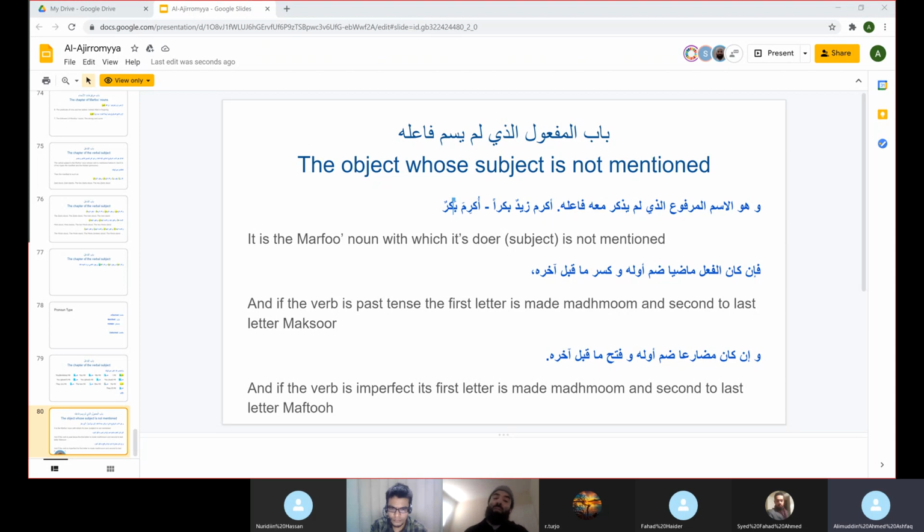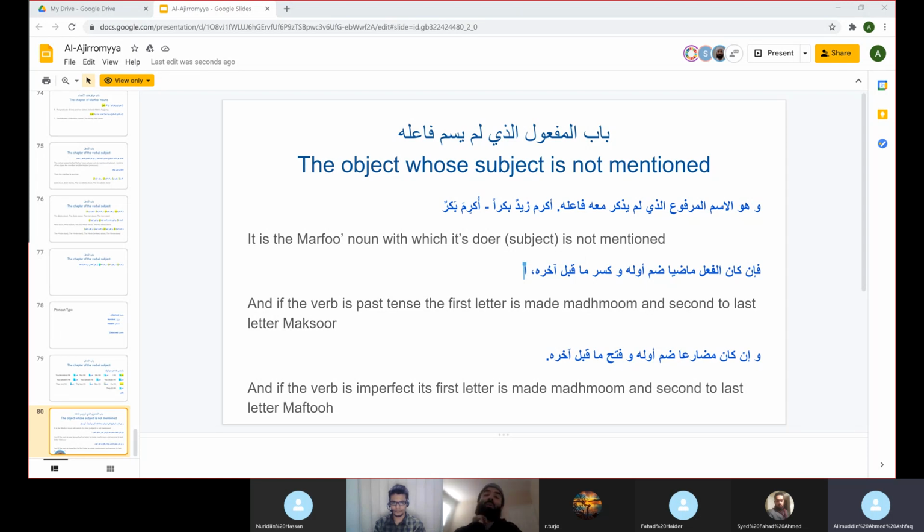And in this case, when you remove the subject and you keep the object, that object actually takes the place of the subject when it comes to the inflection. And we know a subject is always marfu. Therefore, if the subject is removed and the object takes its place, even though in meaning it's still an object, when we give it an inflection, we give it the inflection of the subject, the inflection of that which it replaced, right? So the translation of the two examples, I'll translate it in a second, but let me finish explaining the Arabic part.